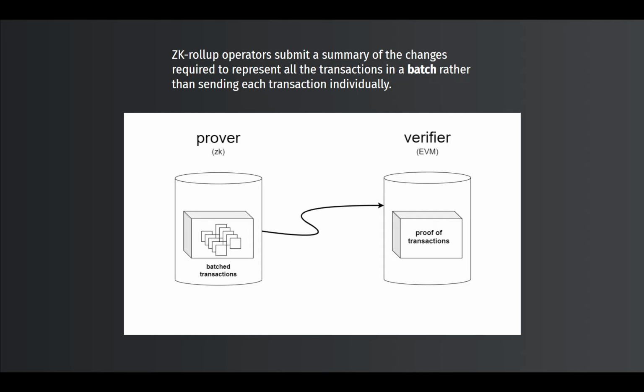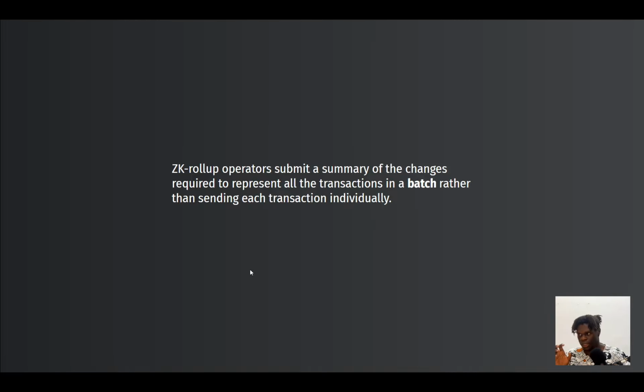Essentially, here we have a lot of batch transactions. Let's say these are 10,000 transactions that a zero knowledge prover has proved off chain, verified. We've carried out all of these transactions, and then we're sending them to the Ethereum virtual machine. This significantly reduces the pressure that the Ethereum virtual machine and the Ethereum blockchain would otherwise need to process all of these transactions, because they've been batched together, and all a zero knowledge proof is sending is the